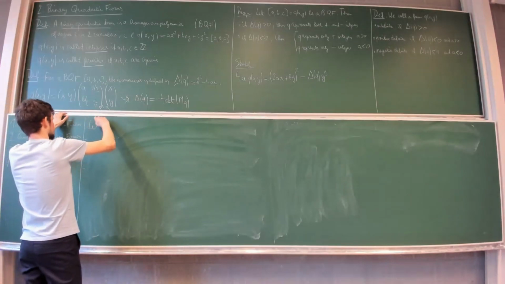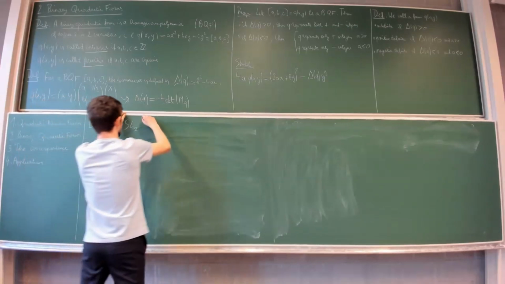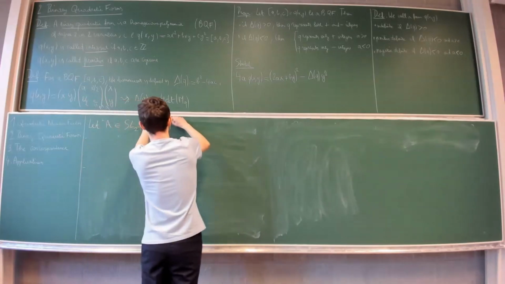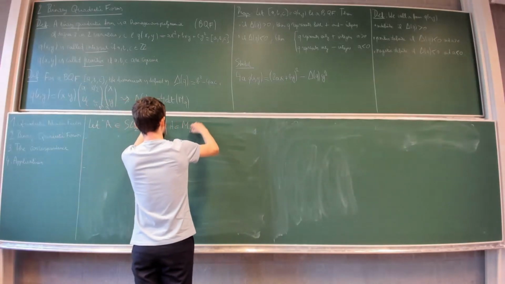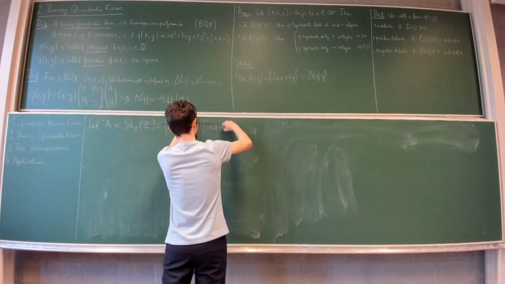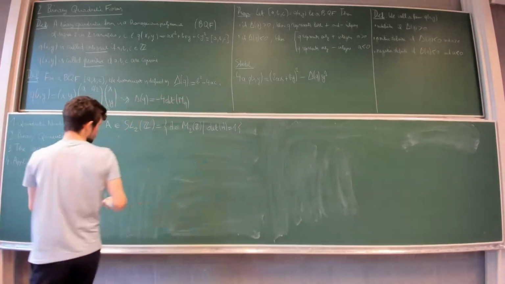So we take a matrix which has determinant 1. These are the 2 by 2 matrices which have determinant 1. And the reason we do this